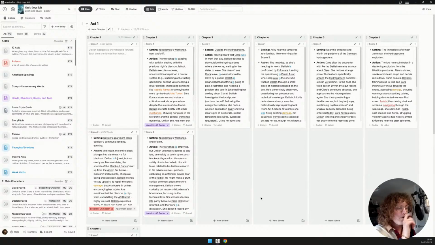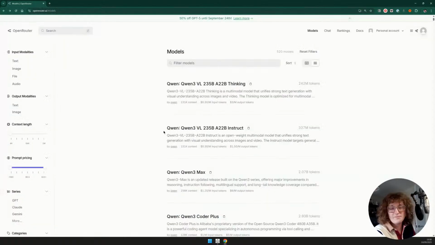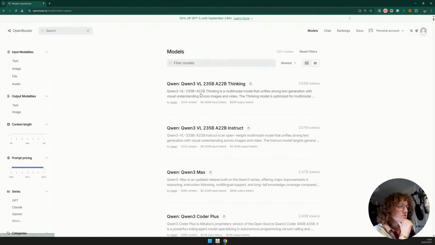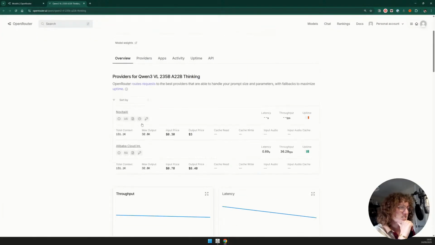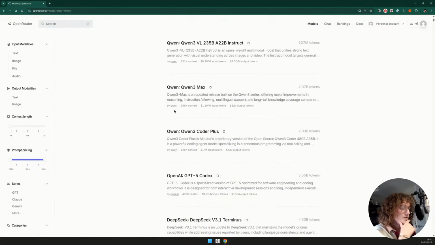The easiest way for me to test them is I went on OpenRouter, and if I go onto their models list and sort by newest, I can see the models that are there. So I can see that some Qwen models have come out recently. I'm just going to click on one to see if it says the date they were released. I don't think it does, but interesting to know. So I'd probably try the Max, Qwen 3 Max,